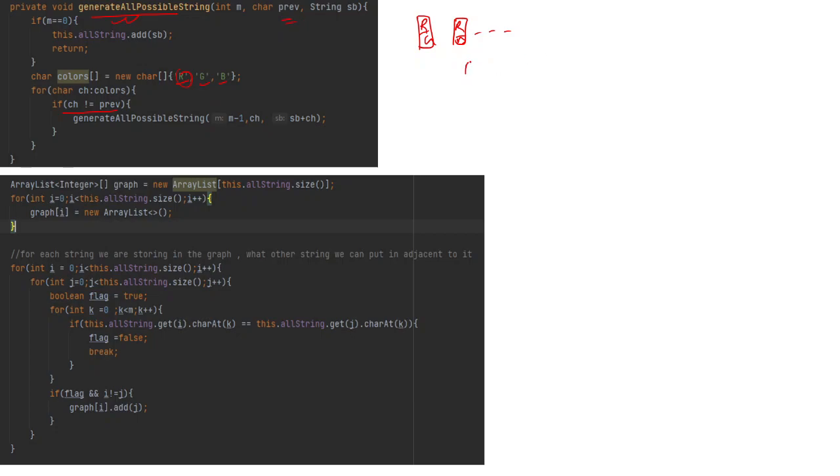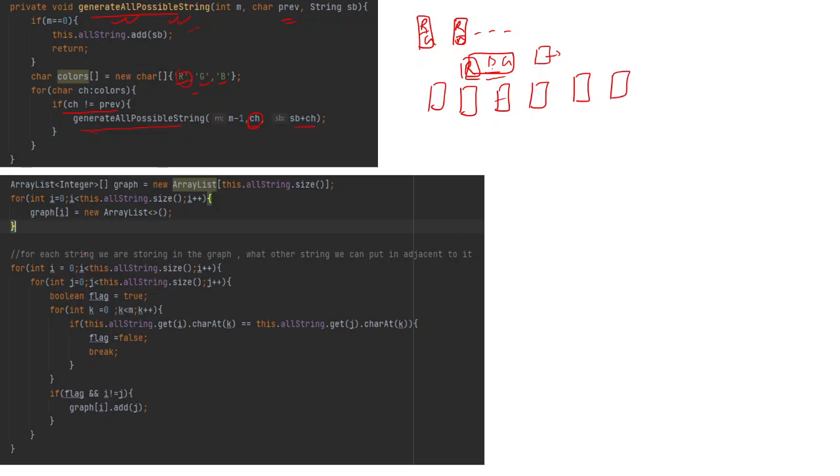Suppose we have chosen R. The next color that we choose should not be R. It can be either B or G. That way we will put every character here, and then we will get all the different types of strings, like the columns, or the different colors that we can put. So we'll get that from this particular function.